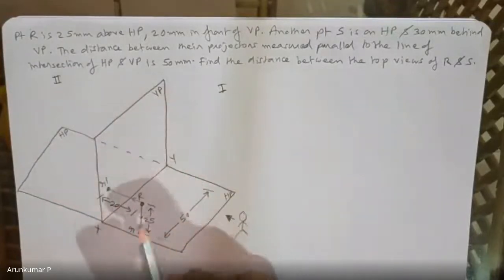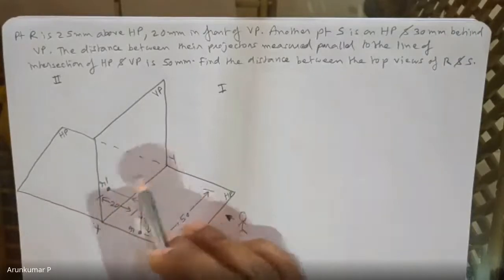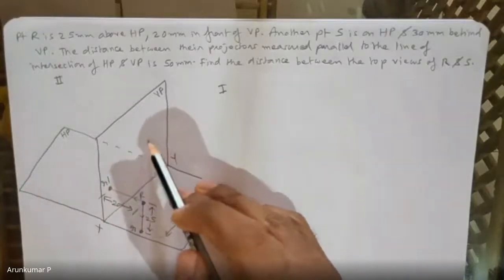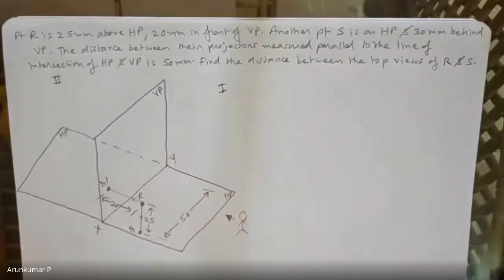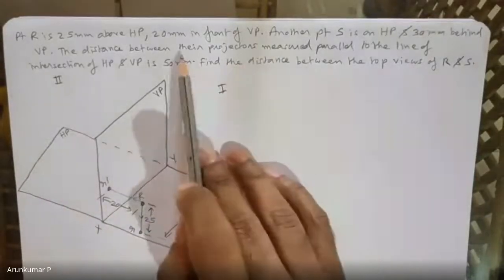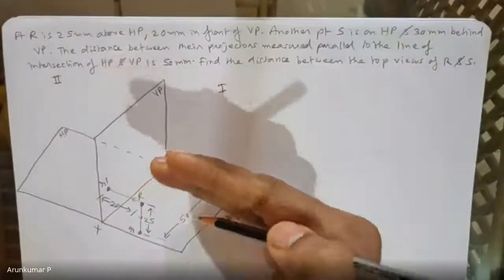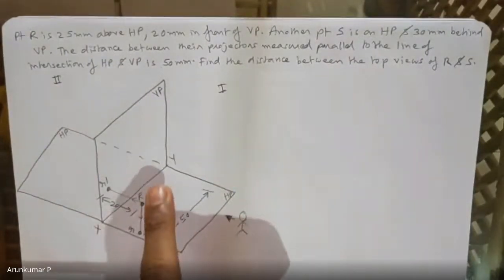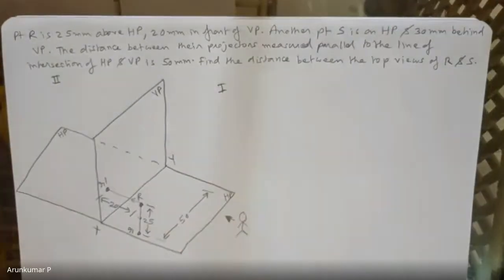Another way of saying it is, this is the projection of the point R, R dash and R. Similarly, some distance away, you are going to get the projection of S. Somewhere you'll get S dash and somewhere you'll get S. That is 50 mm away from R. So that is what this distance is. The distance between the projector of R and the projector of S is 50 mm. Now, just observe, I'll draw the projector of S. Rather, I'll locate the point S 50 mm away and draw the front and top view of S 50 mm away.